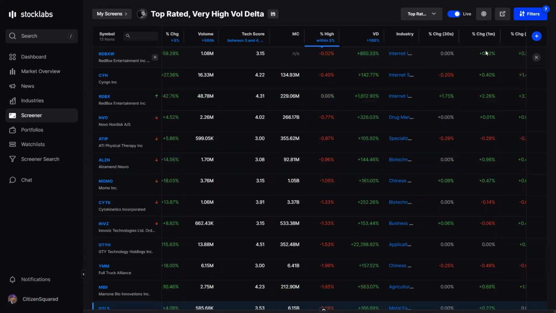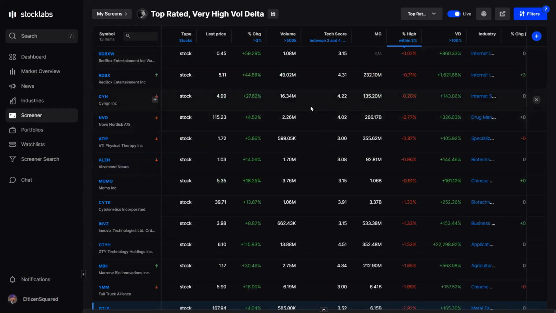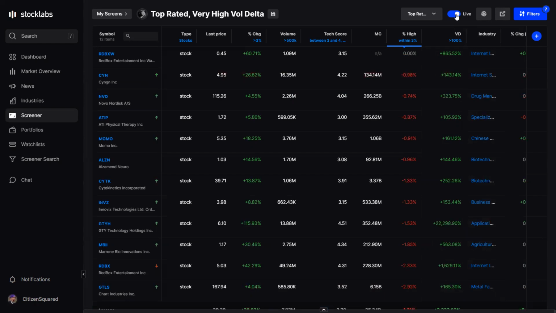This will tell you if the stock is actively moving over these smaller time frames. And it'll bring them to your attention right away. So one thing that I have to mention alongside these tools is that these tools work with this live functionality